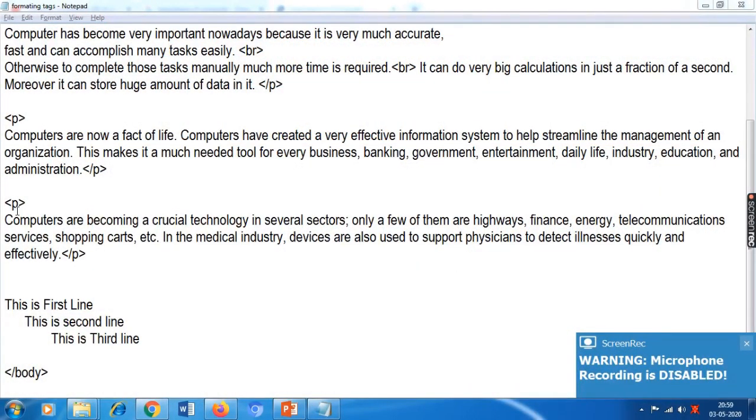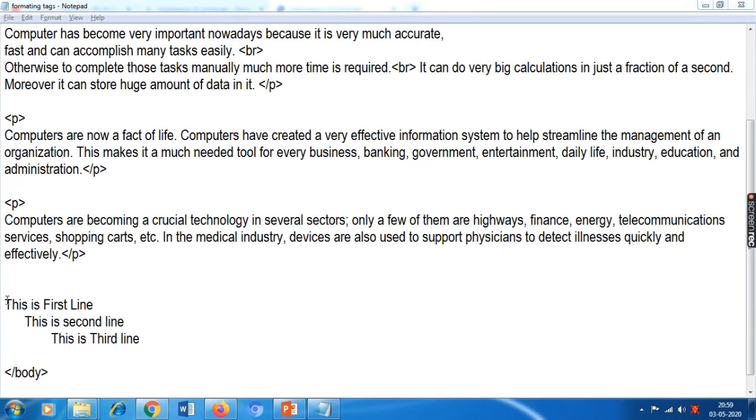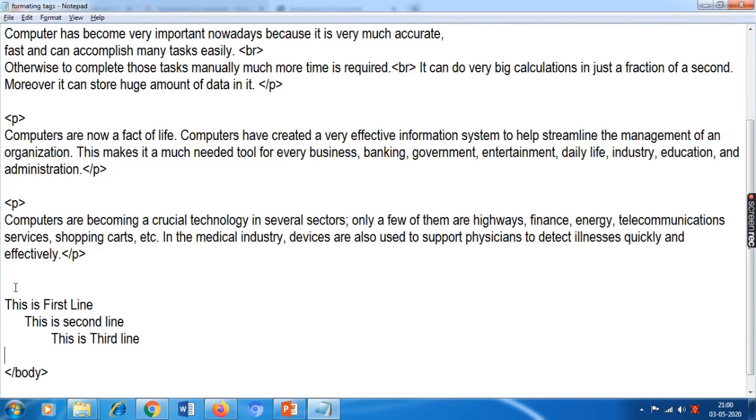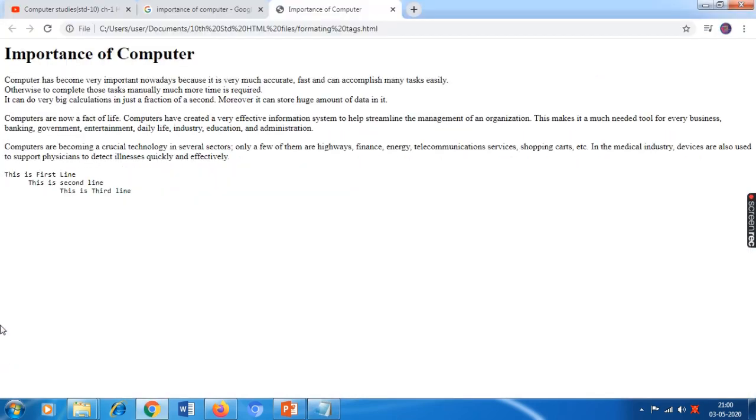Now we are going to learn the use of pre tag. For example, here I have typed these 3 lines this way. If I press Ctrl S, that is save the changes and give a refresh here, it is displaying me in a single line. Okay, so if you want to display the thing as it is typed or as we have arranged it in the notepad, then you have to use pre tag. Okay, so I have typed pre and /pre, Ctrl S and refresh. So it is displaying exactly the same how we had typed and arranged in notepad program.